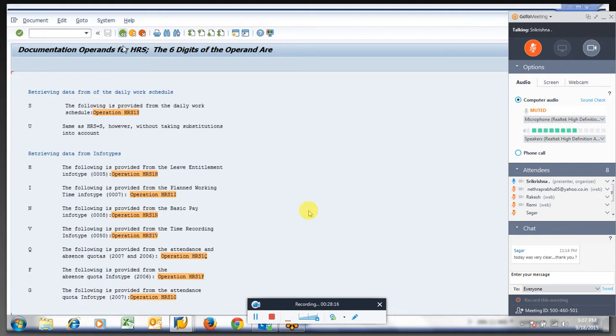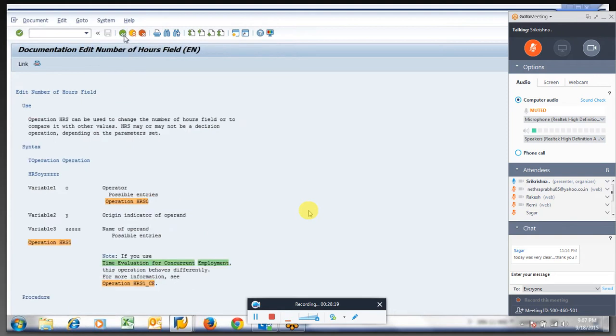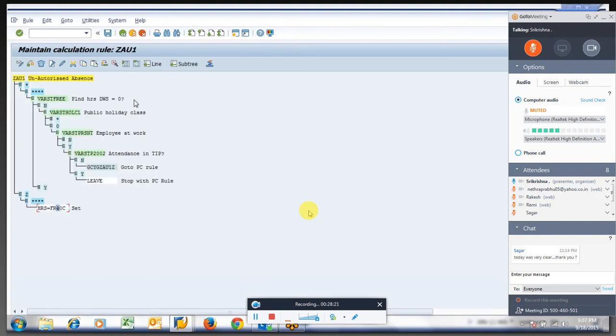This is the same function we used, if you remember, while doing the carry forward part of quotas. So what I am telling is HRS is equal to F for 40 C, that is whatever the balance there in 40, then I am comparing with 1, because this is the rule will read day on day.